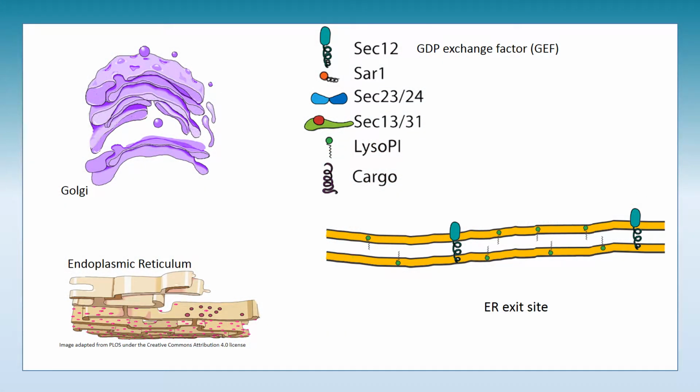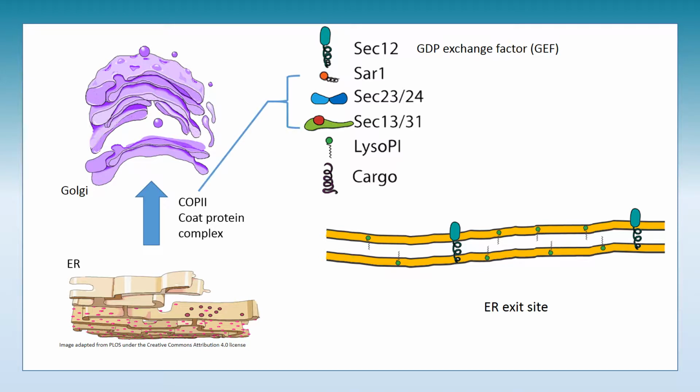One of the functions of the endoplasmic reticulum is the vesicular transport of the secretory proteins to the Golgi apparatus, where they undergo post-translational modifications so they can be translocated to their final destination. The coat protein complex, or COPII, is a group of cytoplasmic proteins that are essential to the formation of vesicles